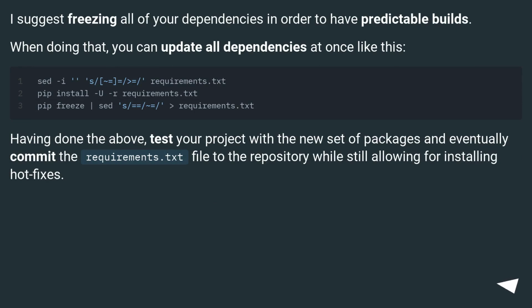I suggest freezing all of your dependencies in order to have predictable builds. When doing that, you can update all dependencies at once like this. Having done the above, test your project with the new set of packages and eventually commit the requirements.txt file to the repository while still allowing for installing hot fixes. If you want to